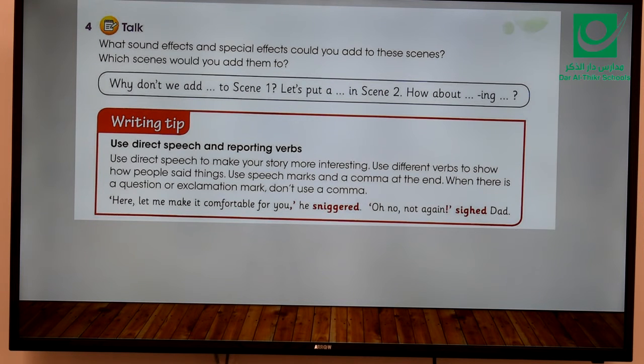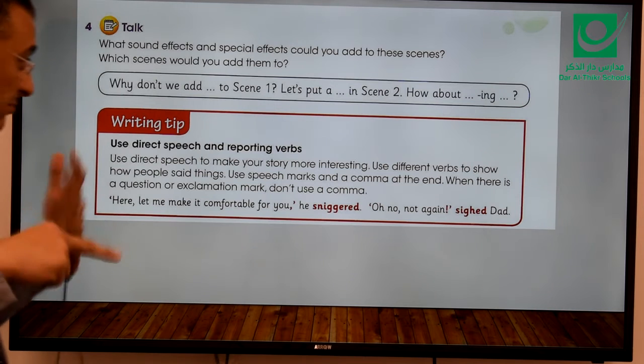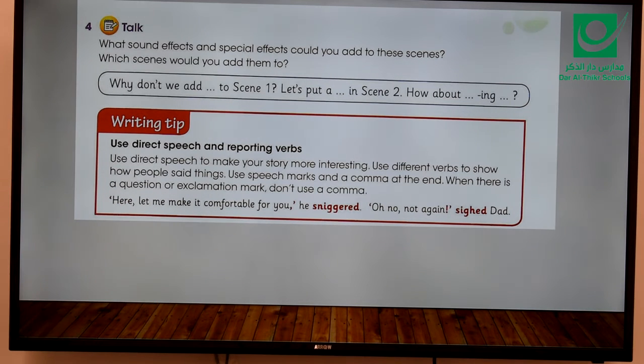We call all of this punctuation. The full stop, the inverted commas or the speech commas, the question marks, speech marks, and so on. All of these are, yes, we know them. They are used in writing.